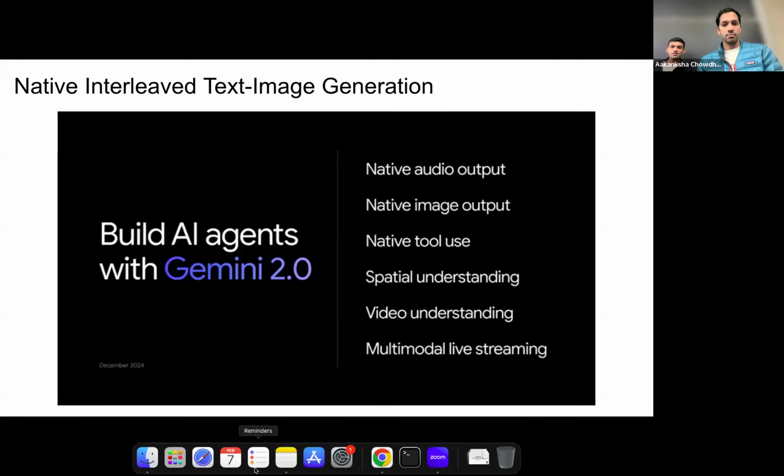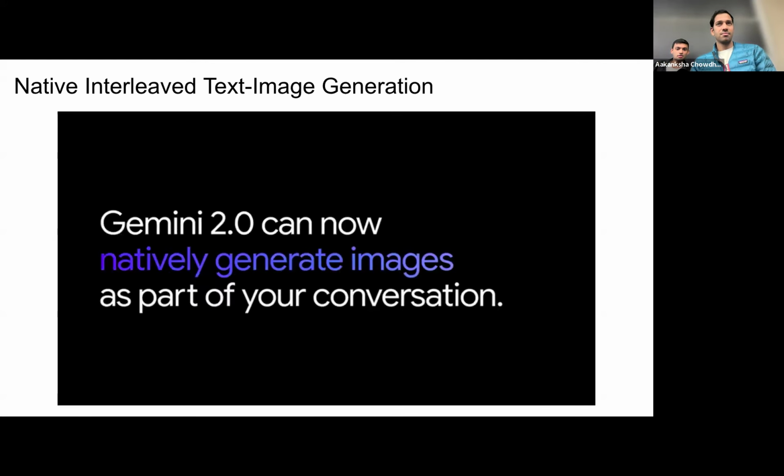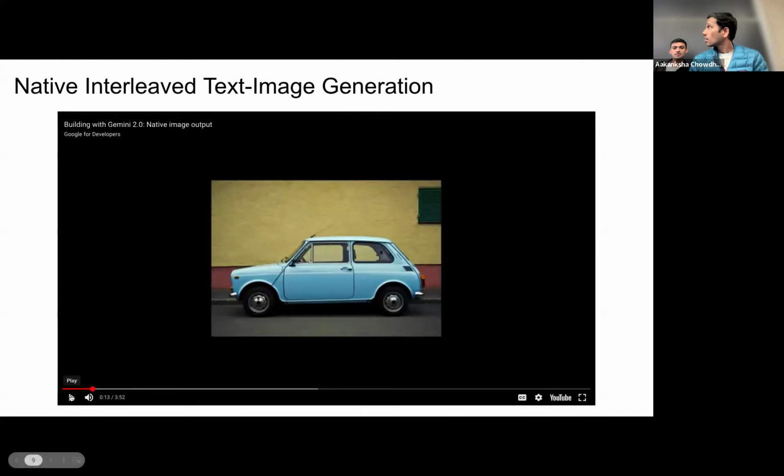These are examples of native image output in Gemini 2.0. Gemini 2.0 can now natively generate images as part of your conversation. Let's say you want to imagine how it might look to